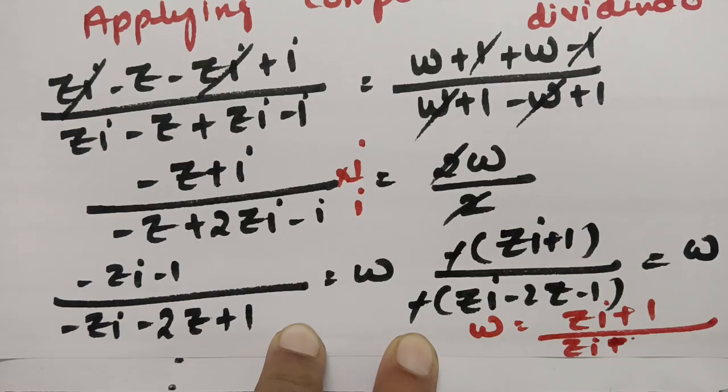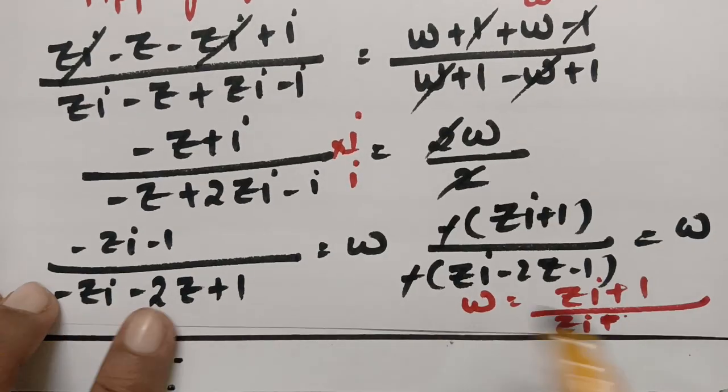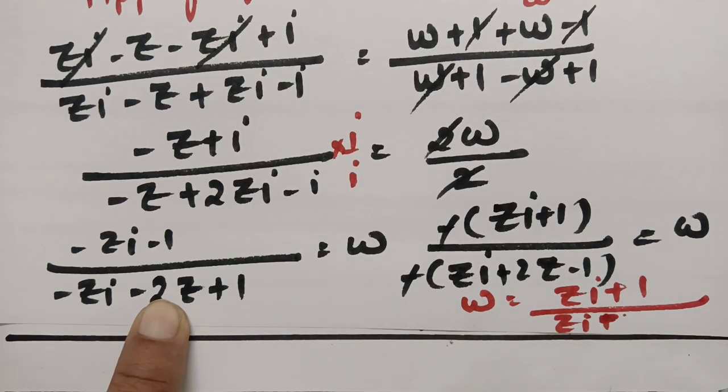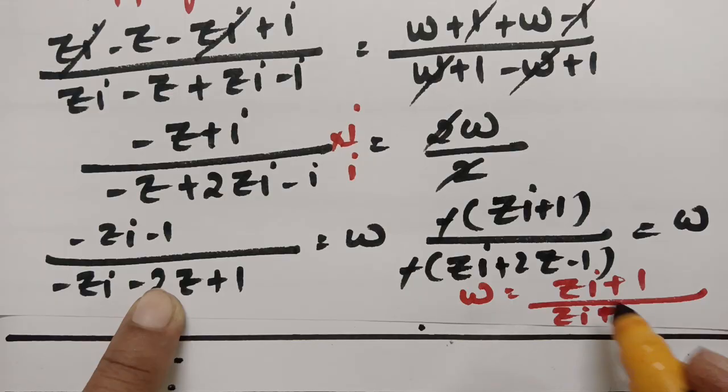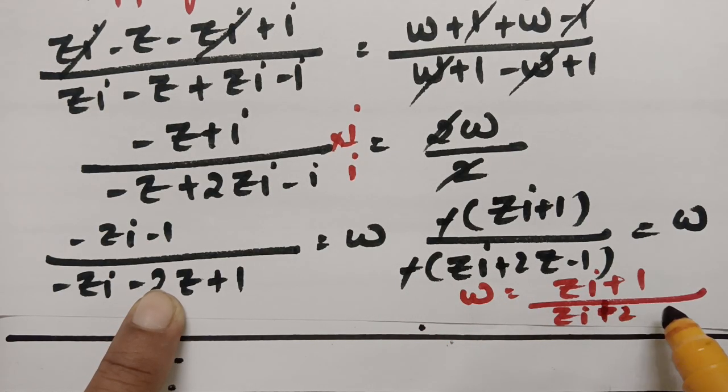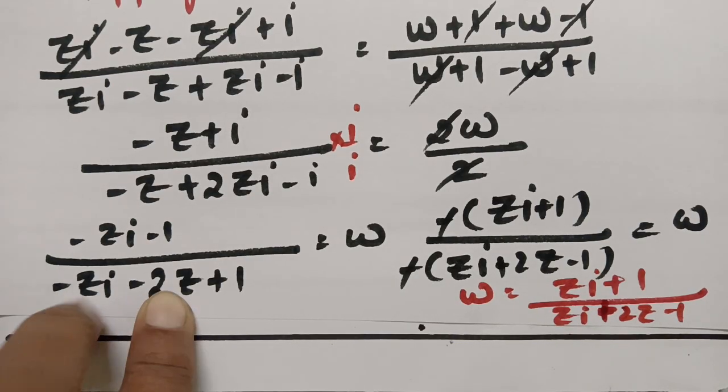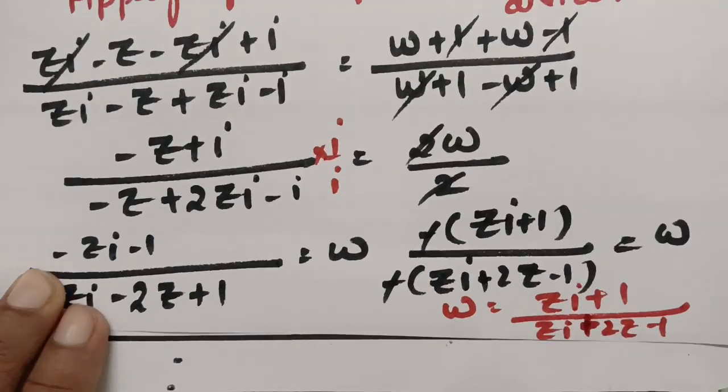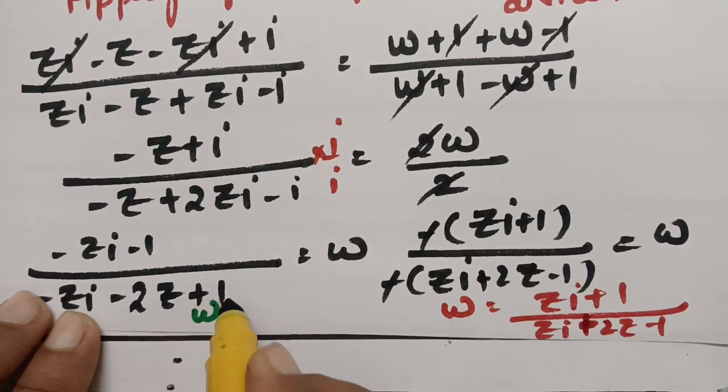If I take minus common, here is a mistake. If I take minus common from these two, this is going to become plus. See here, this is going to become minus. So if I take minus common, this is plus 2z, this is minus 1. So this is the formula here, and therefore our final answer, I am adjusting here, w is equal to